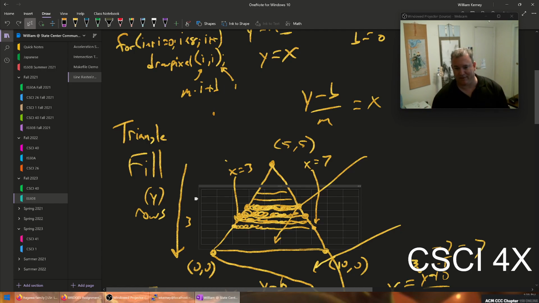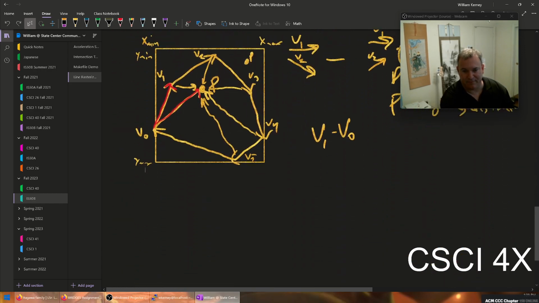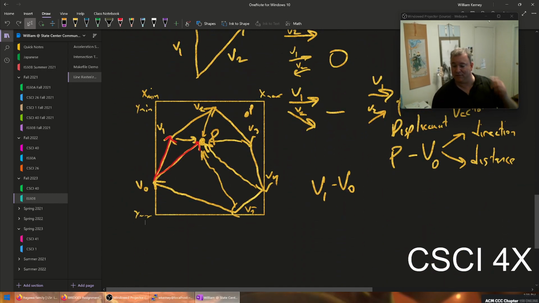No anti-aliasing issues except on the right. This convex hull system also might get rounding errors. Like if you have a point right on the edge, are you going to get a positive or a negative? 50-50? I don't know. So you might be having holes on the edges, right? So it's not necessarily a great method for filling, but this approach is very useful for telling if you are